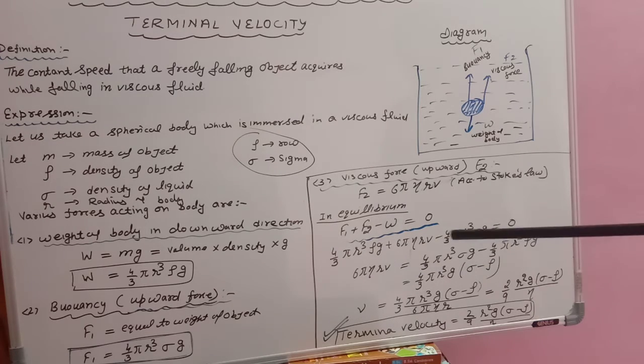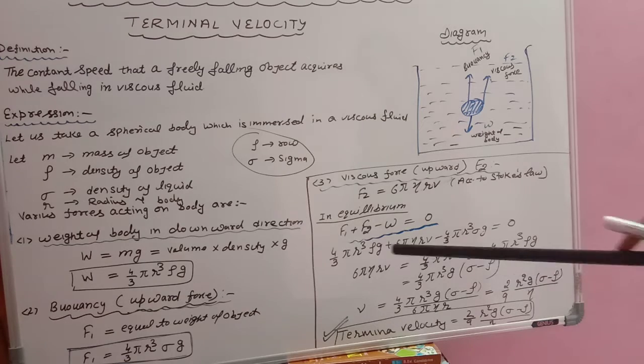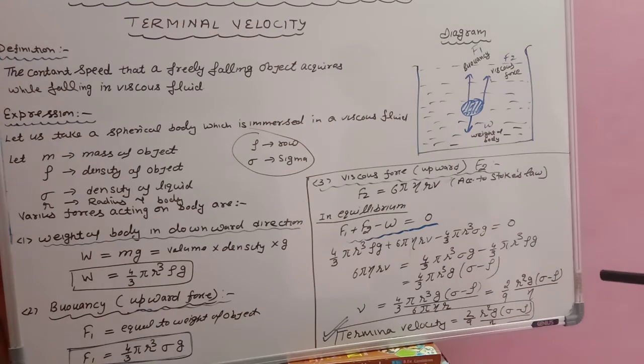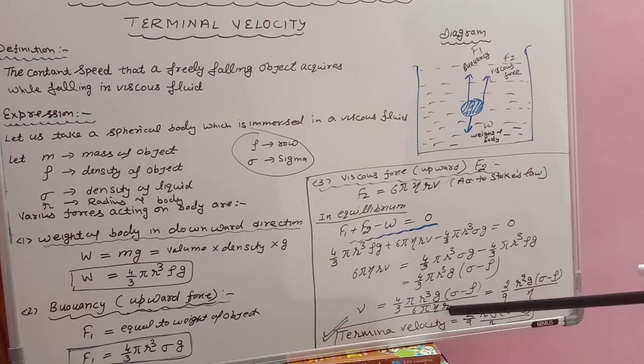In the full expression you can see only here is v. V means velocity, and our objective is to calculate terminal velocity. So keep this term here, and both other terms I have taken to the other side. With this term a negative sign was there, so it is positive now, and on the other hand this term was positive, when it changes its side, it will become negative. Take the common terms, like 4 by 3 pi r cube g, and rho minus sigma will be inside. Okay, I need to calculate v, so whatever is with v will come down. Cancel the terms. 2 2s are 4, 2 3s are 6, 3 3s are 9, so it is 2 by 9 r square g (rho minus sigma) upon eta.